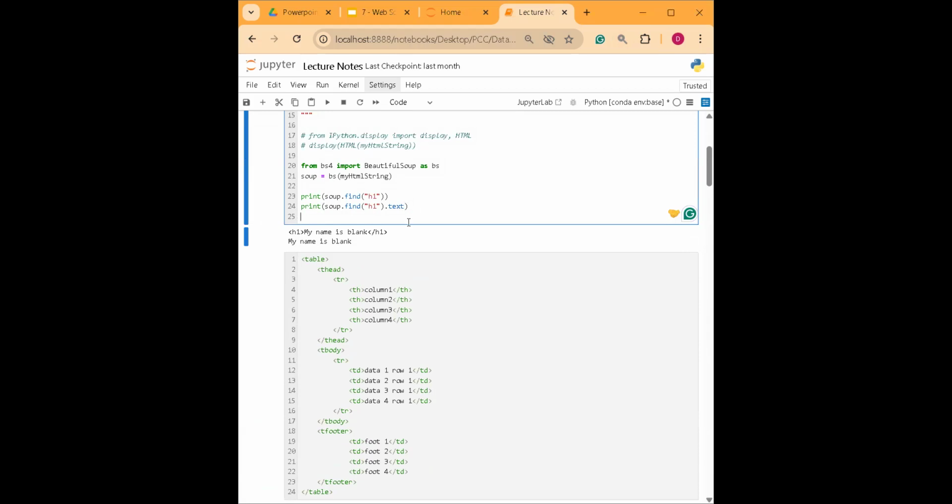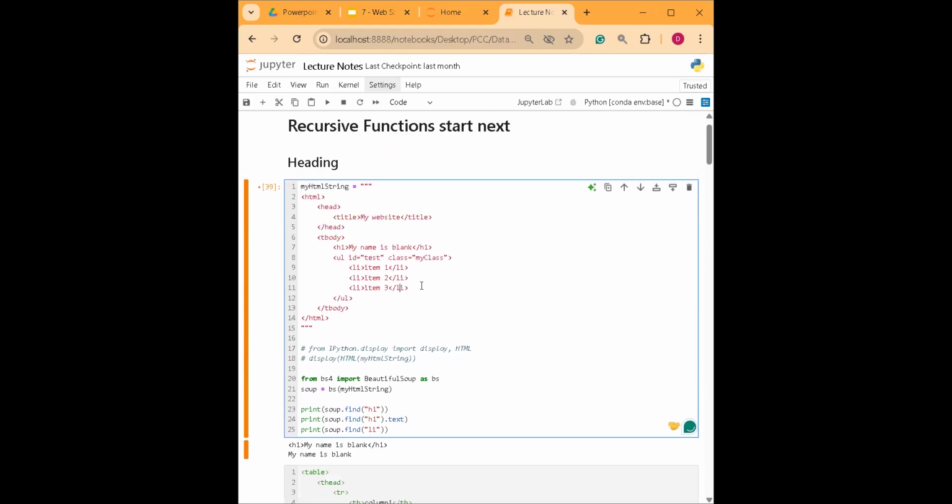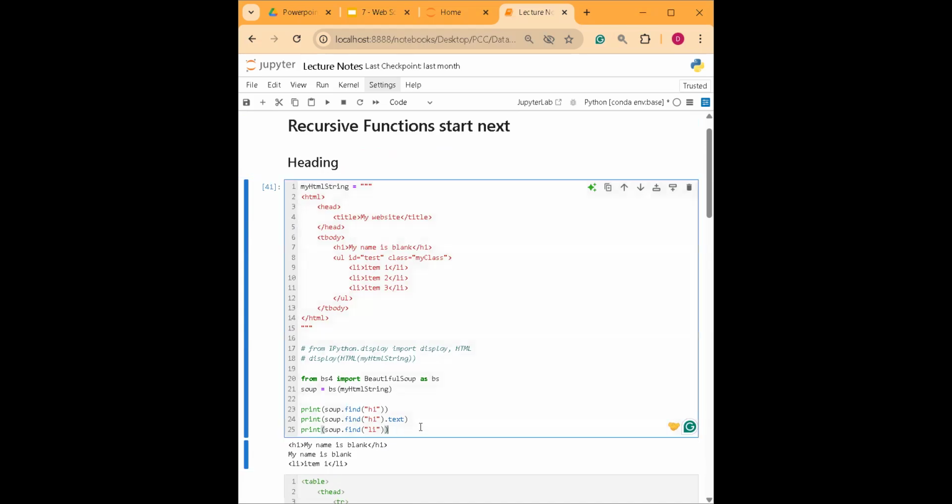Another thing that we can do is use find and find_all, and the difference between them. If you say print soup.find, and then we're looking for li. Now we know that li here has three instances, right? So if I run this code, it will only print the first one that it finds. So item one. But if I were to say find